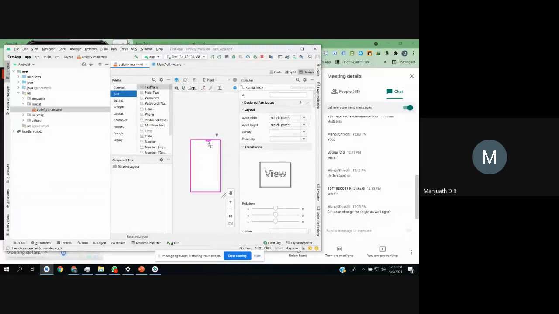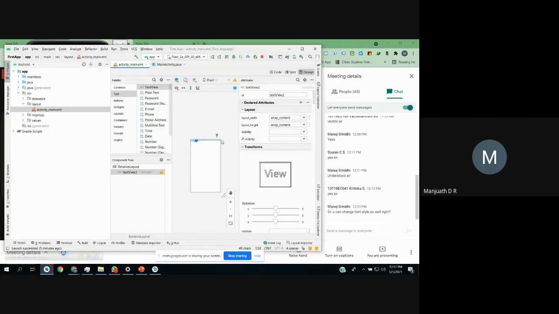You can add a text view here. In relative layout it won't present exactly where your element should be, so you have to specify constraints here. I cannot have a constraint widget here with respect to relative layout. Relative layout always presents the constraints with respect to height and width, only one side of the height and one side of the width. What you do is first you select the right side here and just drag the line